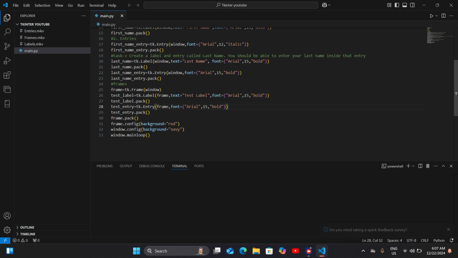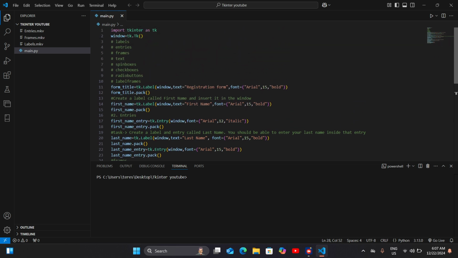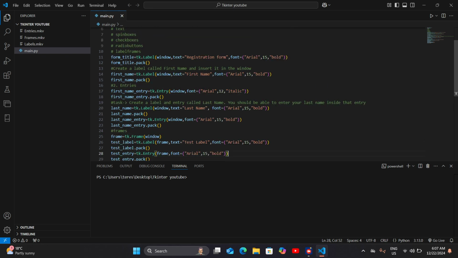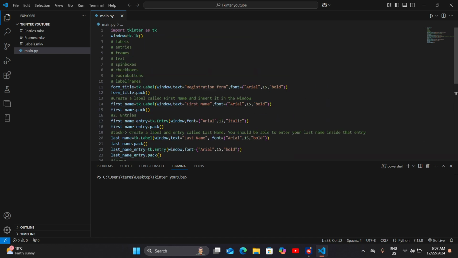Our files are here, and this is the window that we created before. So we already did the following widgets. We looked at entries. We also looked at frames. We also looked at labels. In today's tutorial, we are going to look at the text widget. And as I said, the text widget